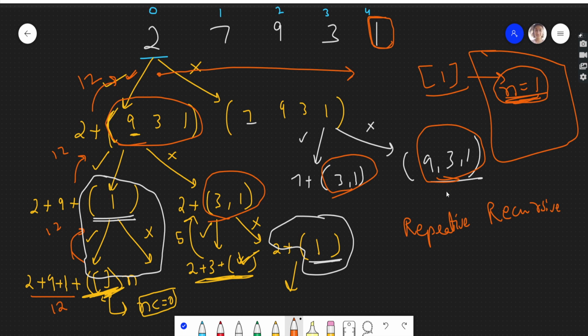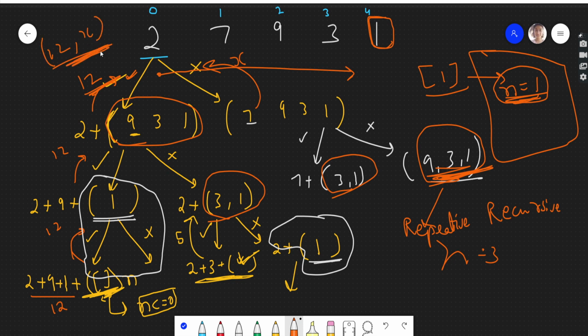Let's say the map. If our n is 3, like 9, 3, 1, then we will get a particular answer, right? So let's say from this, when we have taken 2, we got 12, and let's say we will get some value from here, let's say it is x. So at this point we will compare whether 12 is greater or x is greater.